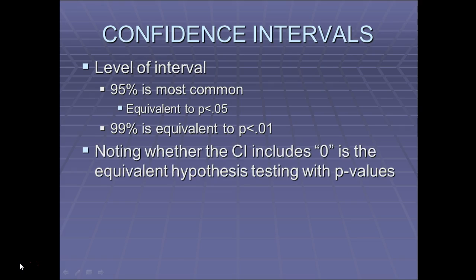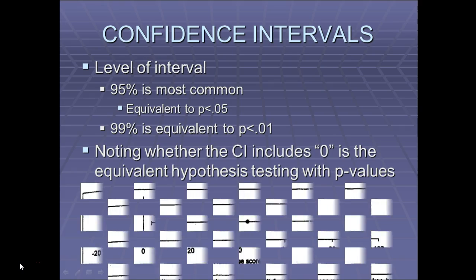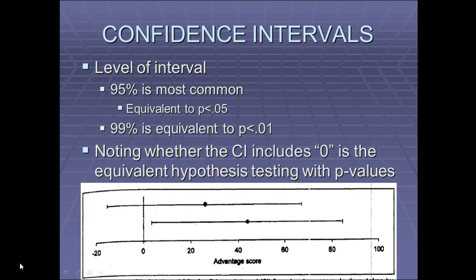So it's important that you report confidence intervals, but more important, it's important that you report whether or not that confidence interval crosses 0. And so here's why. When a confidence interval crosses 0, what that tells us is that the results basically are not statistically significant, right? They may be clinically meaningful or significant, but